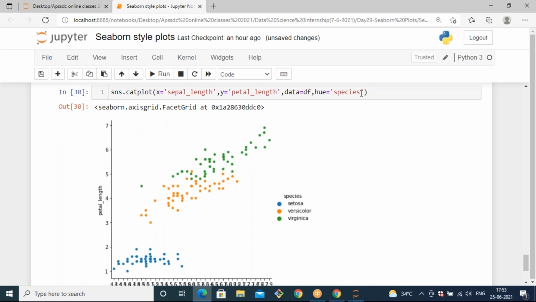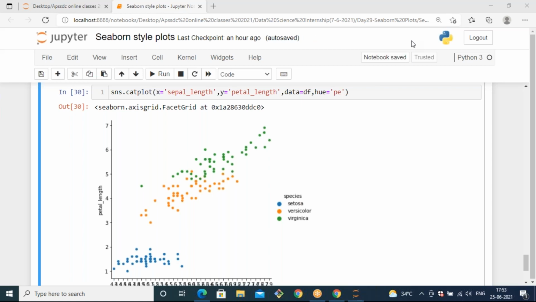And you can pass some other parameter for hue also, like petal length or petal width. We can use these plots to find out relations also, whether values are combining or overlapping.